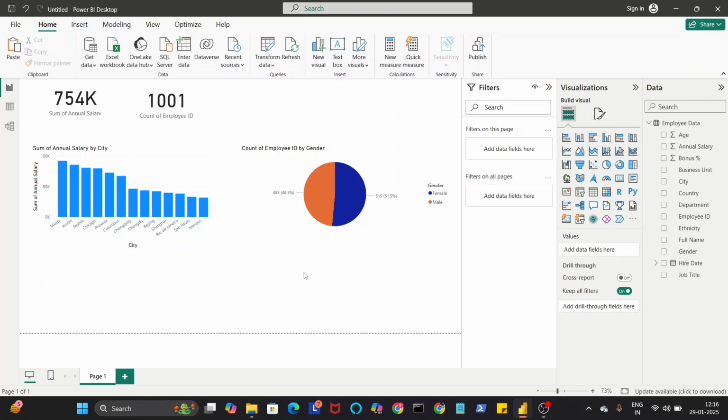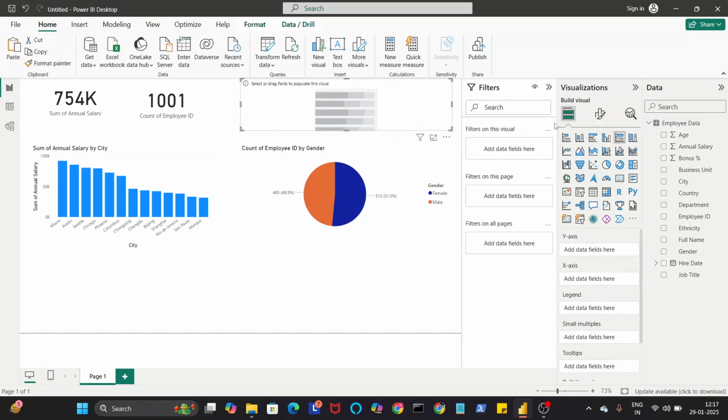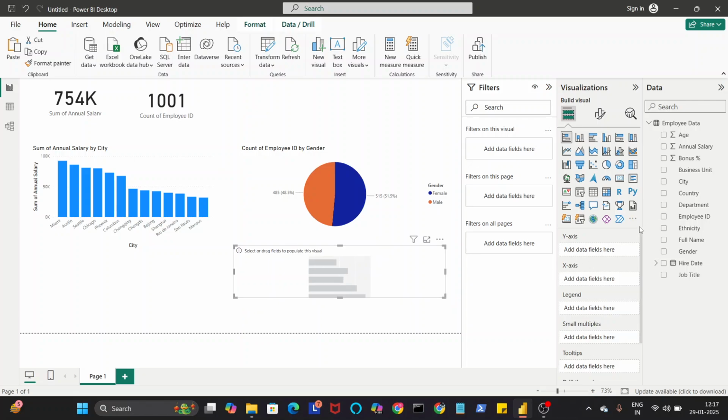And then we got the city wise annual salary, and then the gender distribution of each gender. So now we find the department-wise employee count. I just use a normal stacked bar chart. So I just dragged up the